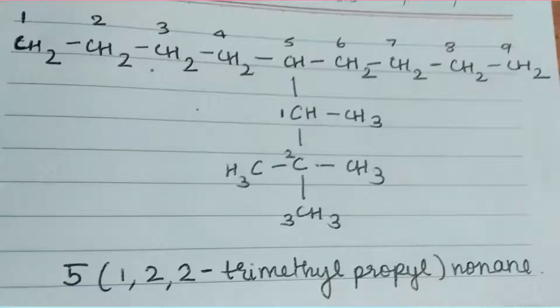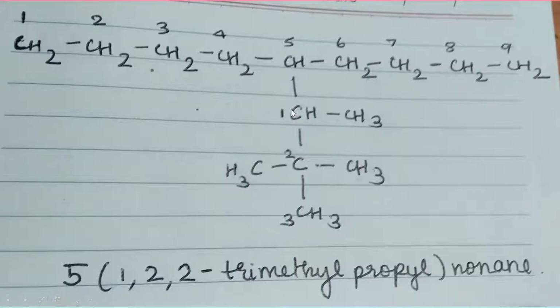Now while we are giving the final name, we start with the branching, that is the substituent. So first, when we are writing here, we mention the carbon atom number that has this branching present on it. As we all know, the 5th carbon has a branching present on it, so we write the number 5 first. Now whenever we are writing such complex branching in our name, we have to put a bracket. That is a circular bracket. Do not put a square bracket here. It is actually wrong. Always remember you have to put a circle bracket in this one.